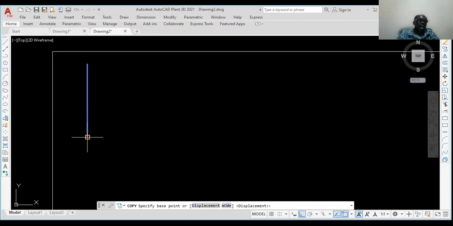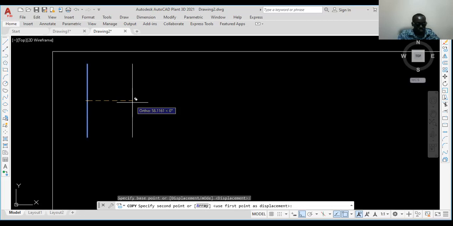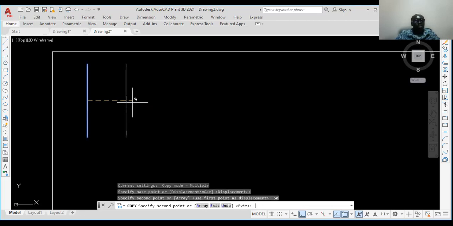Then let me take the midpoint this time around as my base point. I click on the midpoint, move towards the right, type 50, and press enter. The first copy has been created. I need another one. Now, for me to achieve a separation of 50 between this second one and the third line,